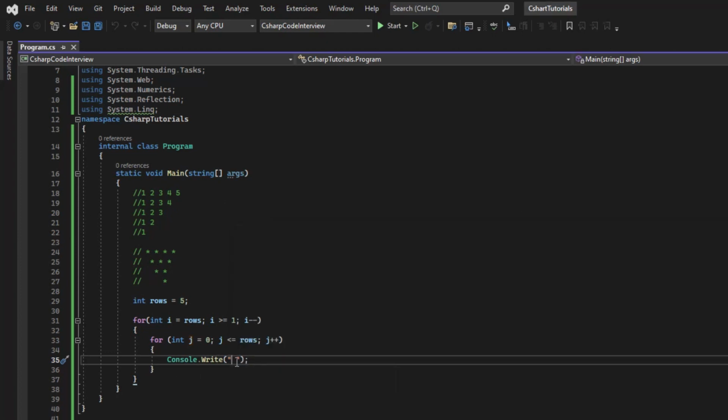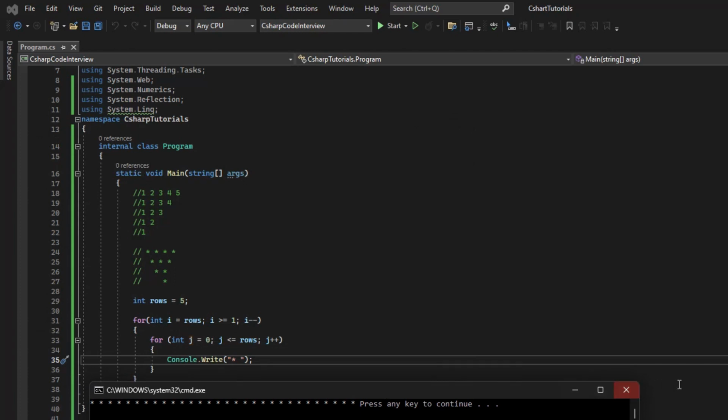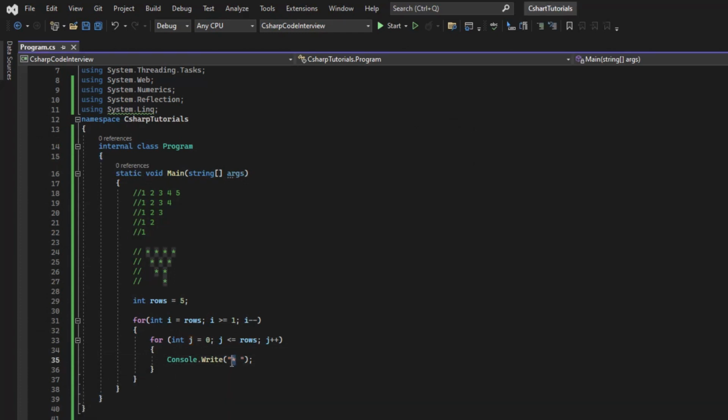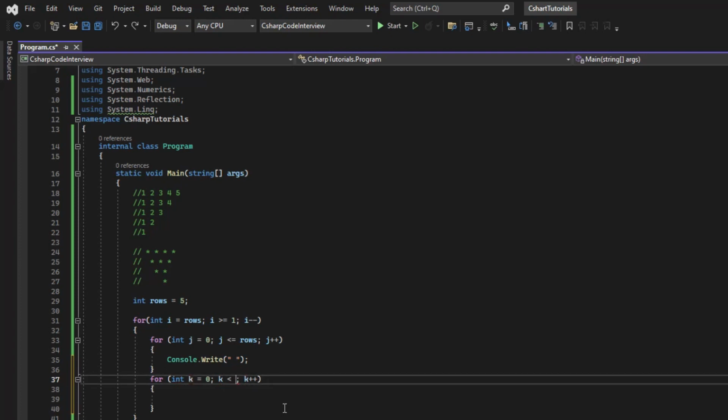If I put something else, a star, here, we can see it's printed like this. So we are getting space. Once we get the space, in the same loop, first we add the space. Now in the same outer loop, we have to loop one more thing, where I can say k, k less than or equal to